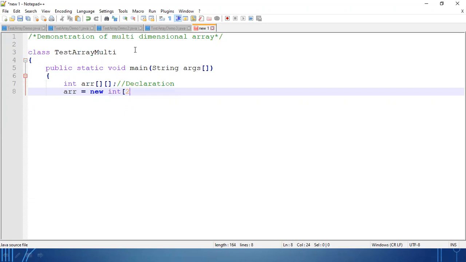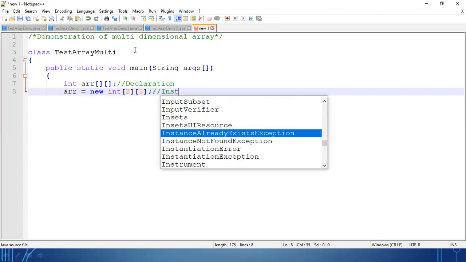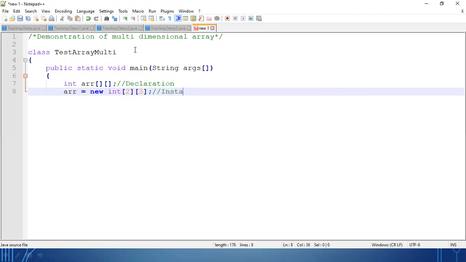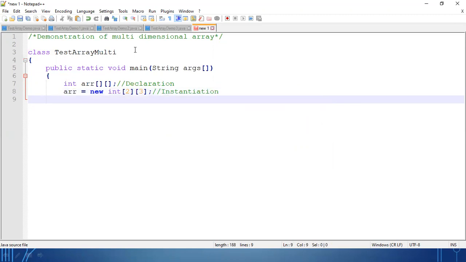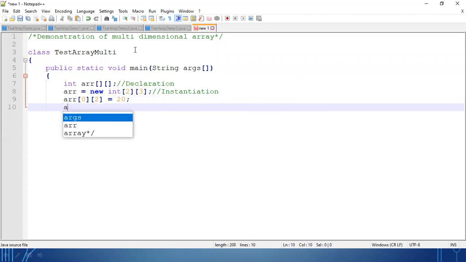Directly you can write 2 comma 3, the instantiation. Okay, and for initialization you can write array 0 comma 2 equal to 20, array of 1 comma 1 equal to 50. Okay,